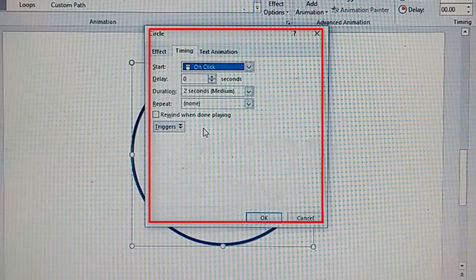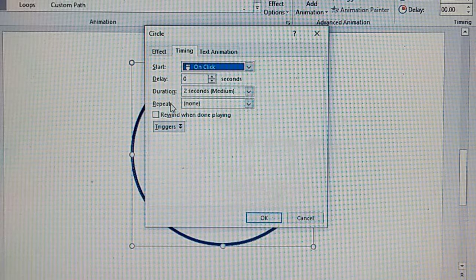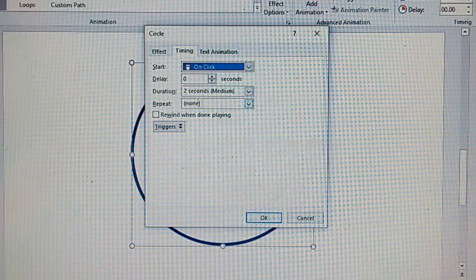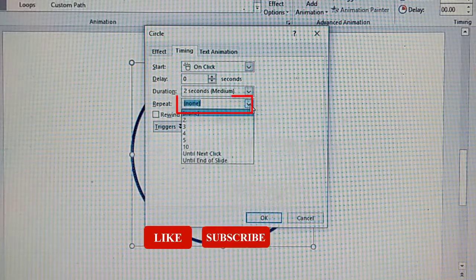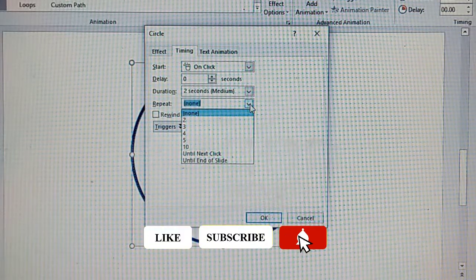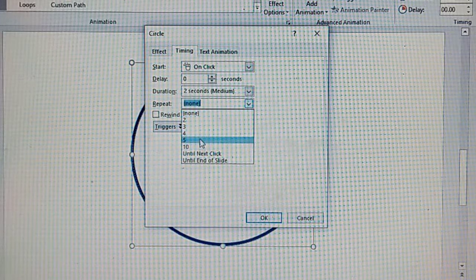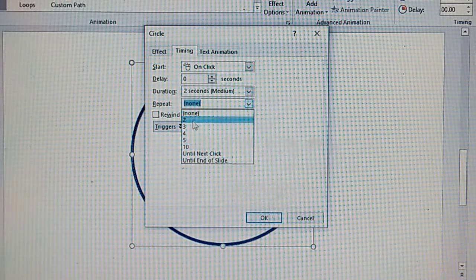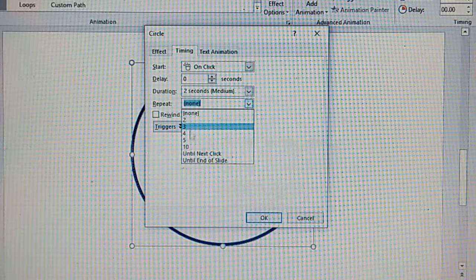Now go down and click on down arrow of repeat. If you need 2 or 3 or any option, click on it.